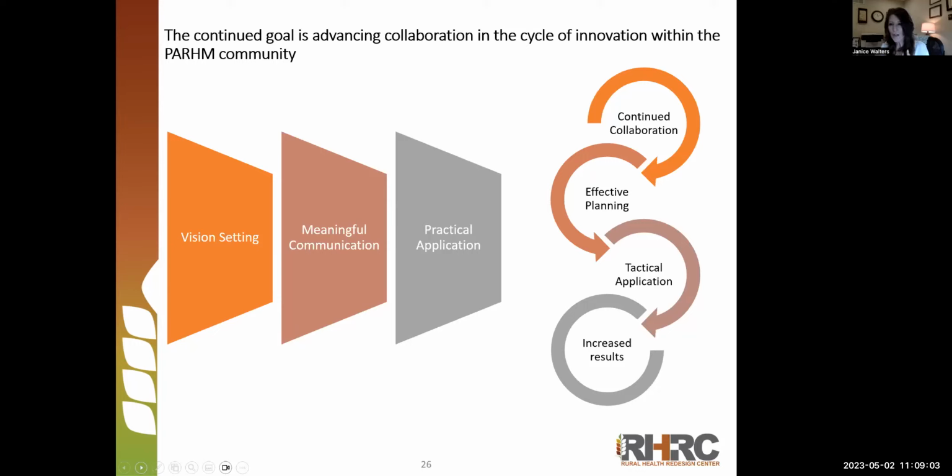This is something that we continually have to revisit in our program because it's a very technical program. There's a lot of noise, but every so often we have to come back to the very vision and remind everyone, what are we trying to achieve? What are the goals? Just to make sure that everyone continues to move forward in the right direction. And certainly clear and direct communication, meaningful communication is very, very important. And then practical application. And it really is a cycle of ongoing collaboration, effective planning, then tactical application to increase